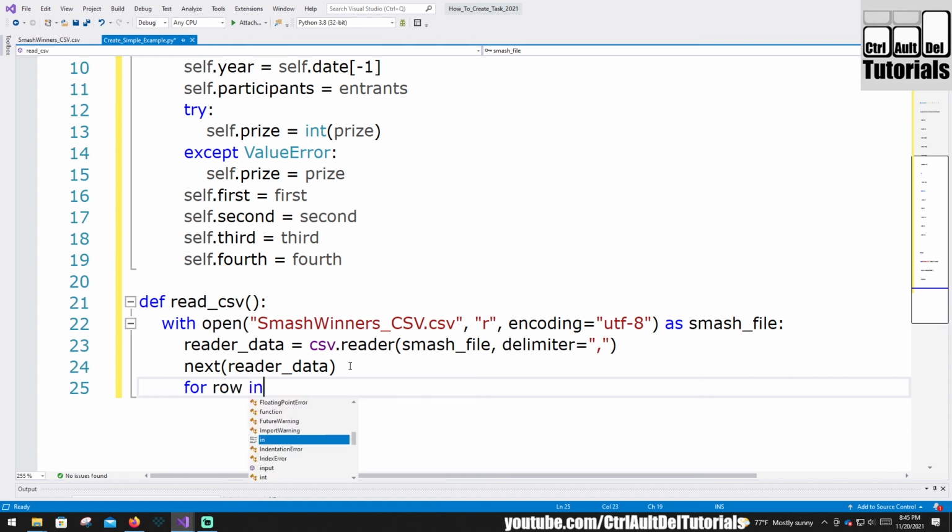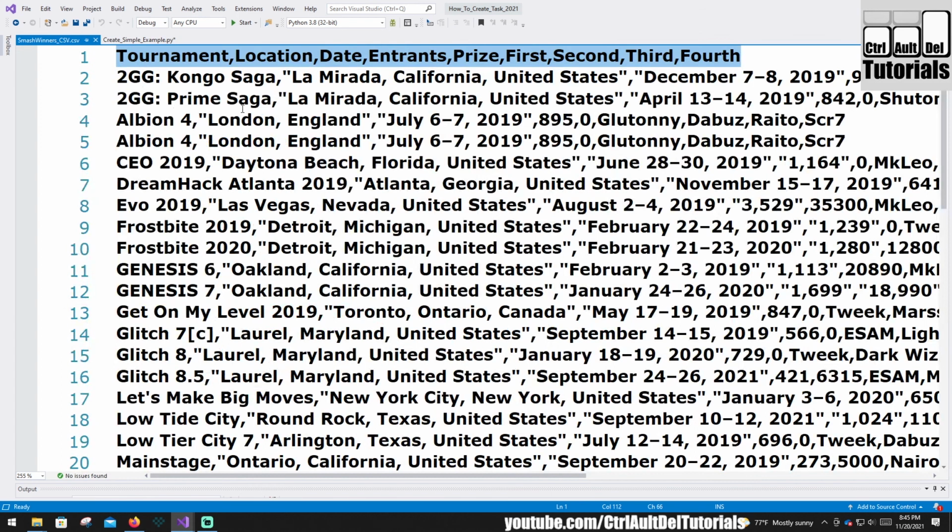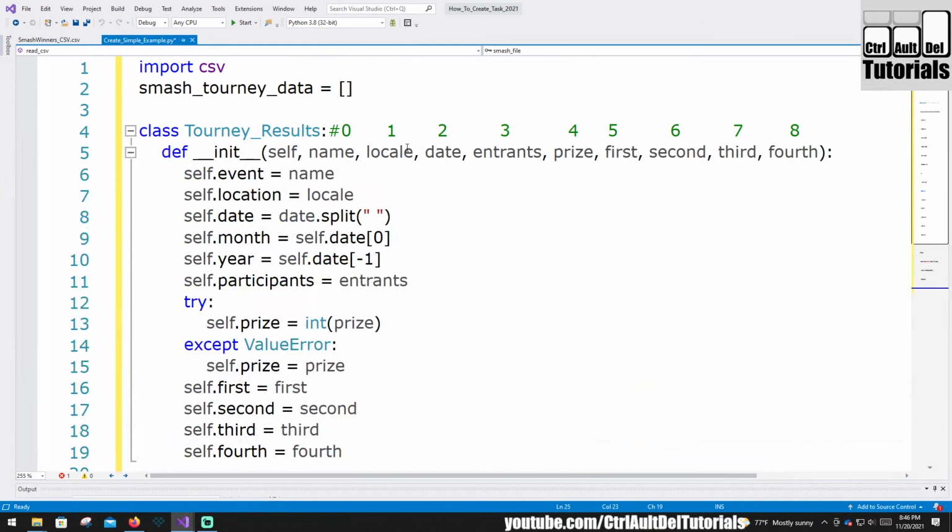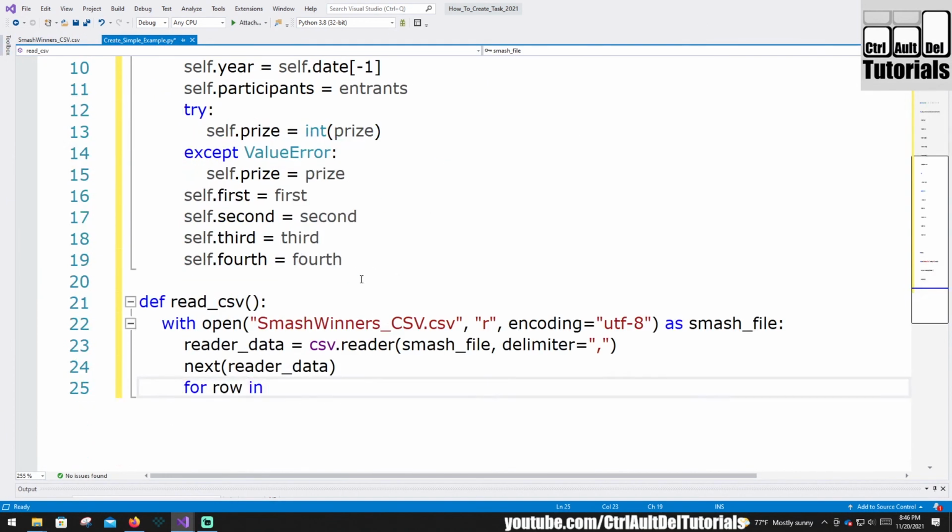So here I'm going to say for row. The row is going to represent each row here. And if I use a number, I can tell it this is 0, this is 1, this is 2, just like my numbers up here. So for each row in the reader data,